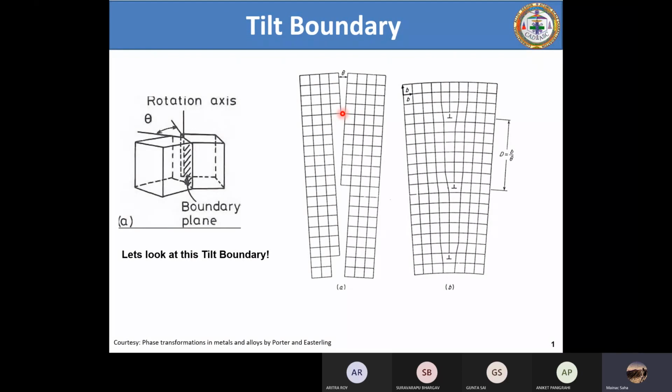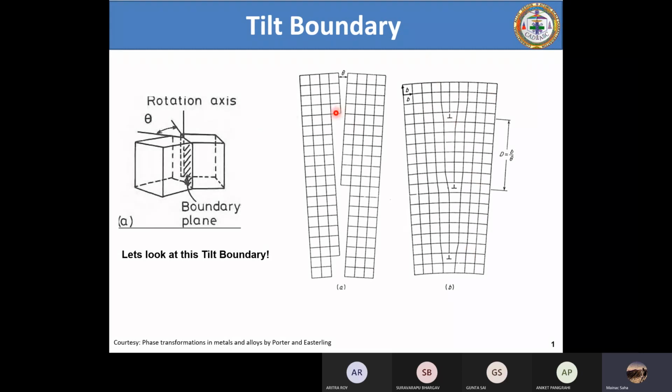So if you come across this, now you see that there is some discontinuity. You're seeing some discontinuity of the atomic planes here at the boundary, and there is some empty space. There is actually one very good model. Last time I just mentioned the name of the model. It's called the Read-Shockley model. I think I have put it in the next slide. Don't worry about this name. These are both the scientists who actually proposed this model.